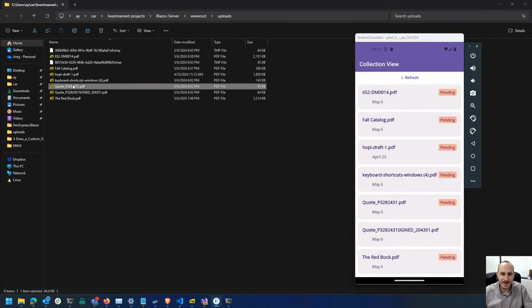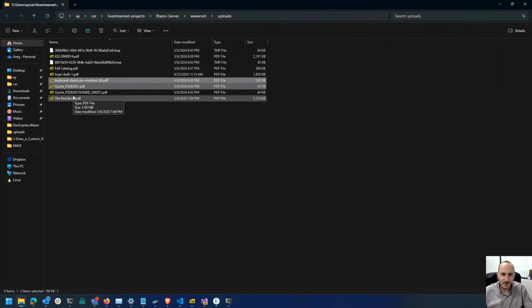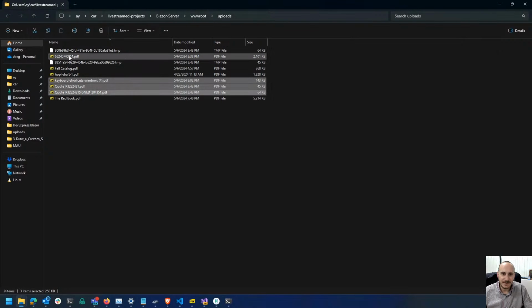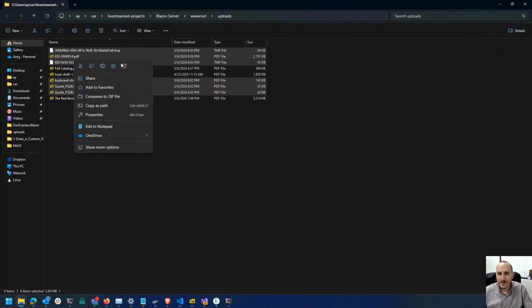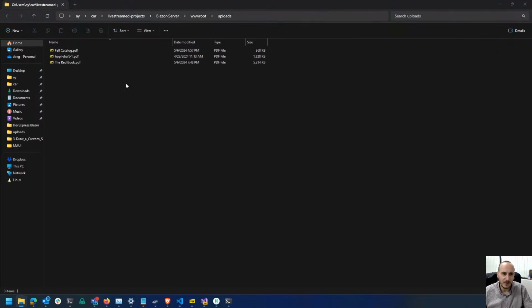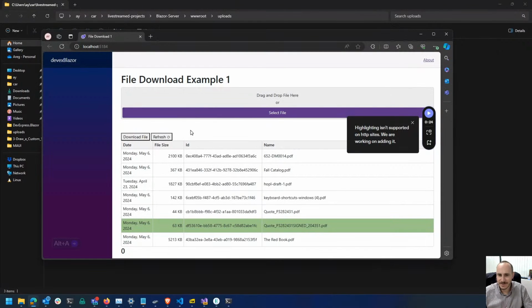So let me go ahead and refresh some of these documents. I don't really need all of these particular documents right now. So let me go ahead and delete them from my uploads folder. And generally speaking, you're not going to want to do that. I'm doing that just because I have access to the file server or the web server where the file path is. If I refresh this in Blazor, you'll notice that actually we'll get a new,